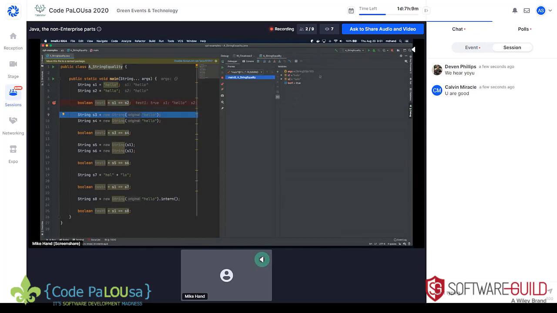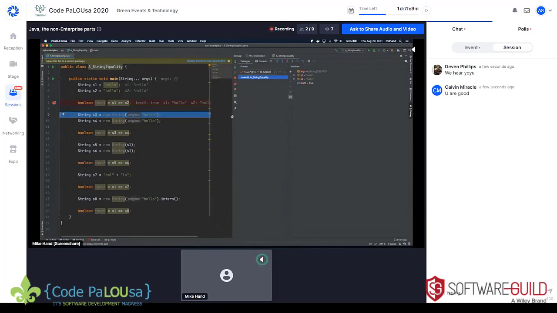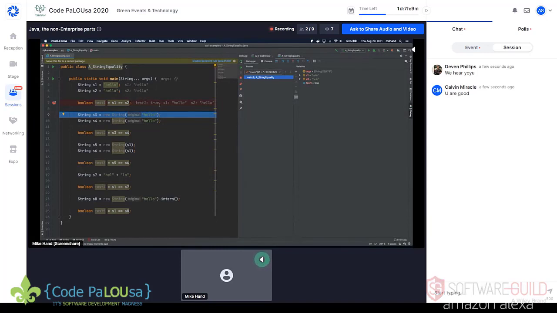Unfortunately, I can't make this bigger. I haven't found a way to do that. When we look at output, I can try to make that bigger. There's two ways to view this. The variables will appear over here, but IntelliJ is also going to inline all of that as well. So we can see here that test1 was true. Those are equal. Okay, let's step past a couple more of these.